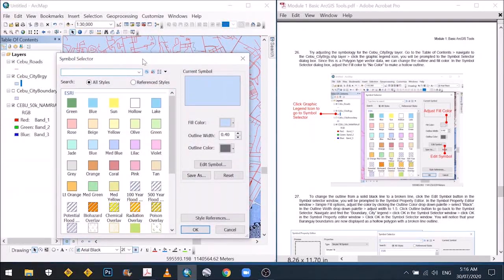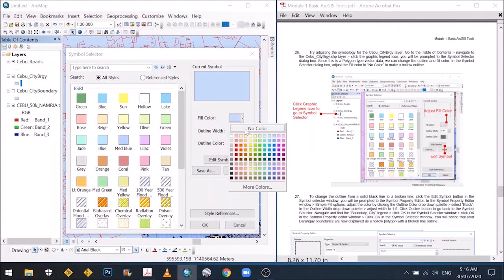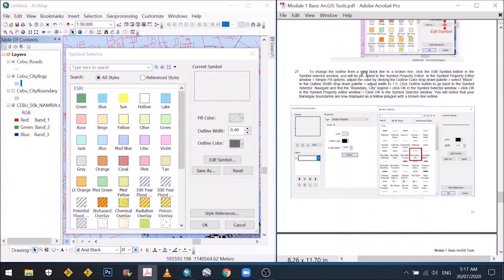Click once, and then you will be prompted to the symbol selector dialog box. Since this is a polygon, we can change the outline and fill color. So adjust the fill color to no color to make it a hollow outline, and to change the outline from a solid black line or solid gray line